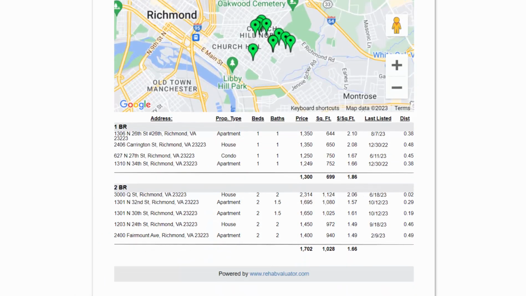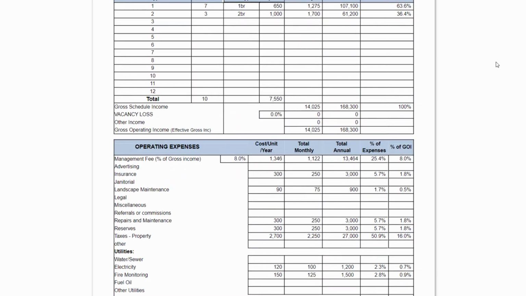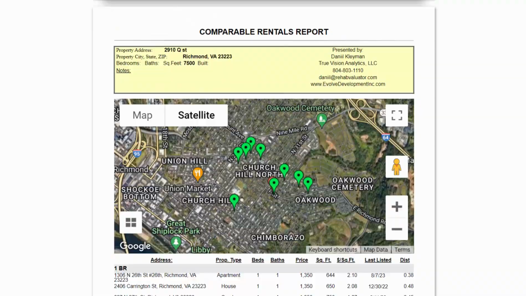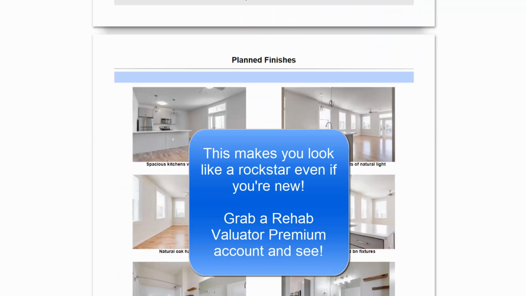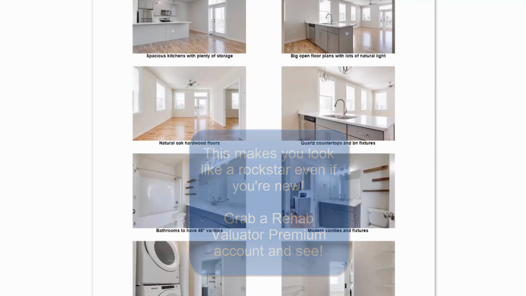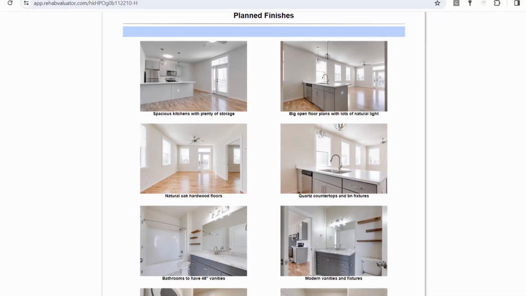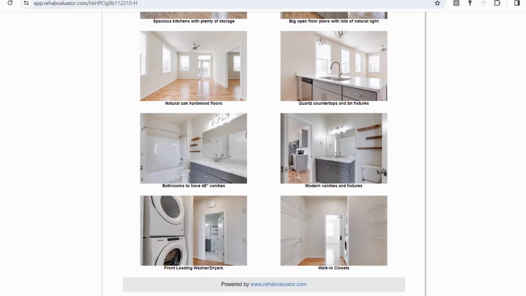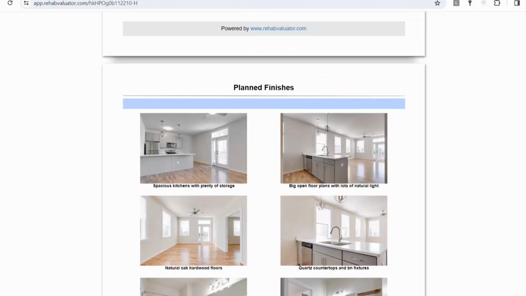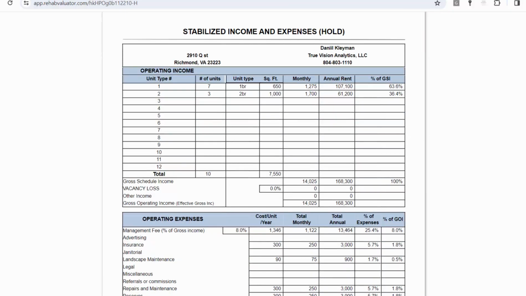And then look, here's a comparable rentals report. Oh, hi there, look at this. I am not only giving them my pro forma that says my rents will be X and X for ones and twos, but here is comparable rent data that backs up my numbers. And hey, here are some additional pictures with finishes that we plan to have in this building. I can pull this from previous projects, or from other similar projects in the area that have been completed. But now my lender sees every number in the deal they want to see,